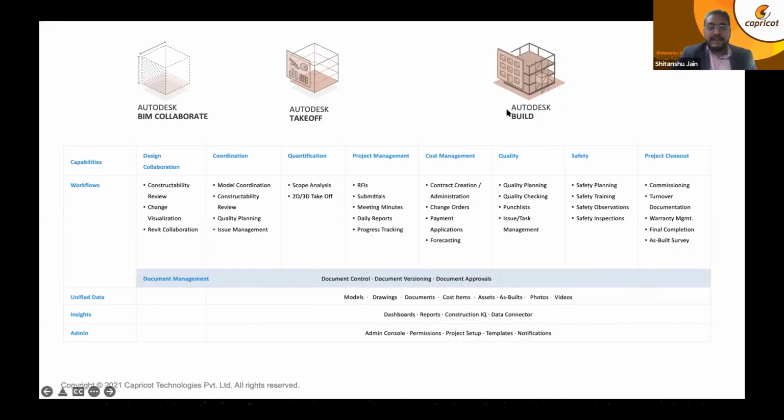And the common linkage between all the 3 platforms is the document management system, or Autodesk Docs, which we are going to cover today. This is, I believe, the most critical part of any platform, which is document management, because if I have this covered, and if this becomes a starting point and I'm able to do this effectively in my organization, the rest of the things, depending on the user, will automatically fall into place.